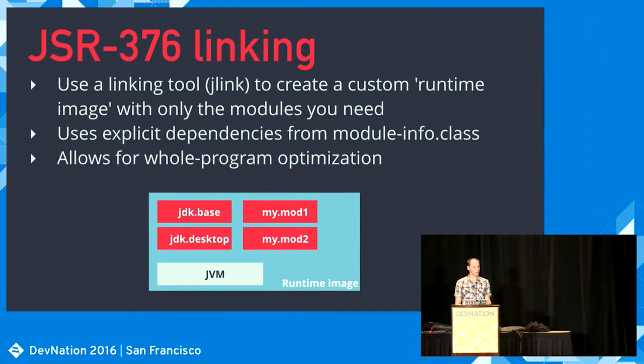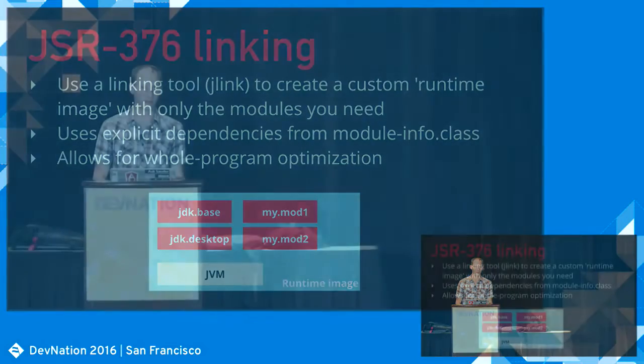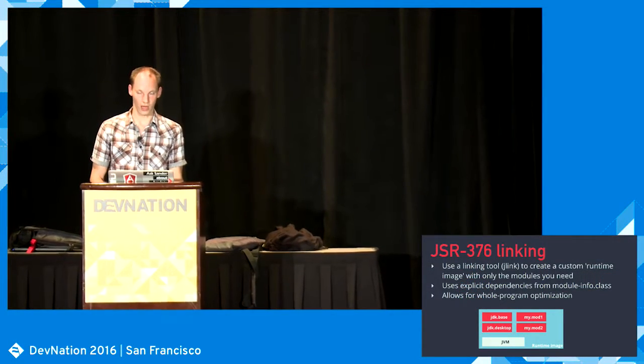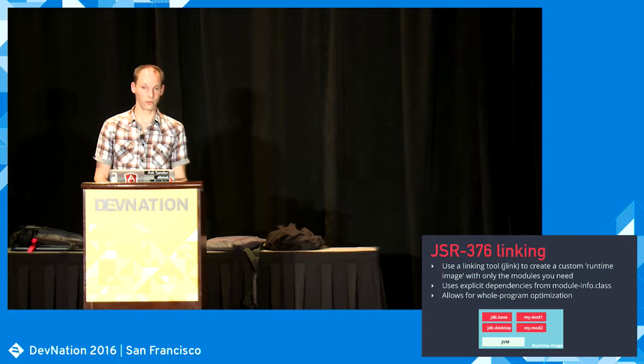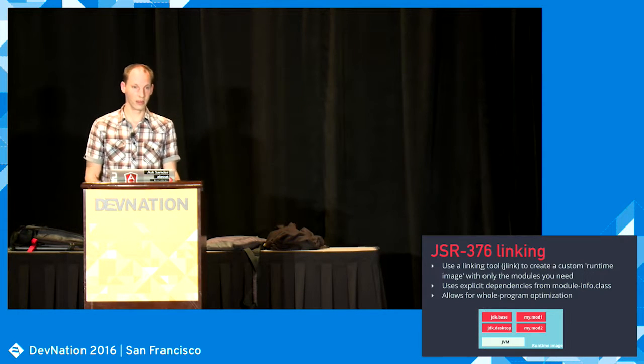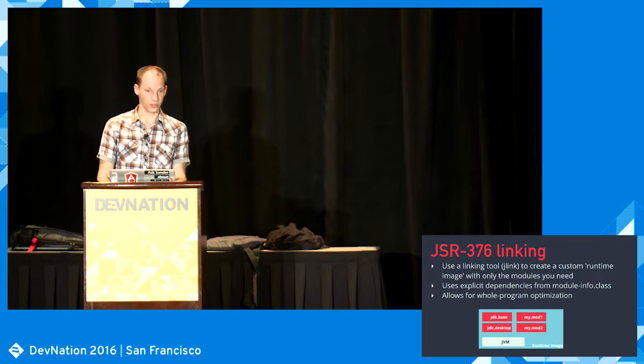So what you get is a tool called JLink, and you can use that to create a so-called custom runtime image, which is essentially a Java runtime that includes your application modules and any modules from the JDK that your application modules need to run, and nothing more than that. And it can construct such an image because we have explicit information about all the dependencies between modules. Like you saw in the example, I had to define that I used those two JavaFX modules, for example. And using this information, it can create a module graph, which is the smallest graph possible to run your application.